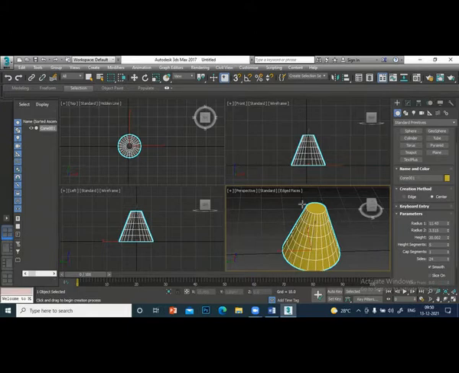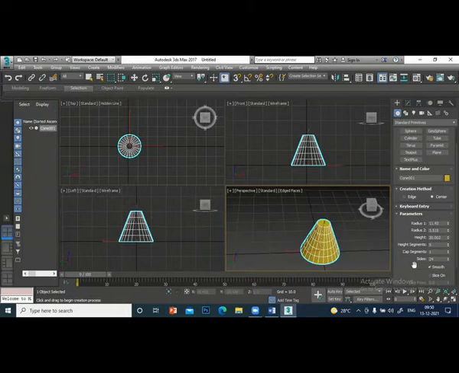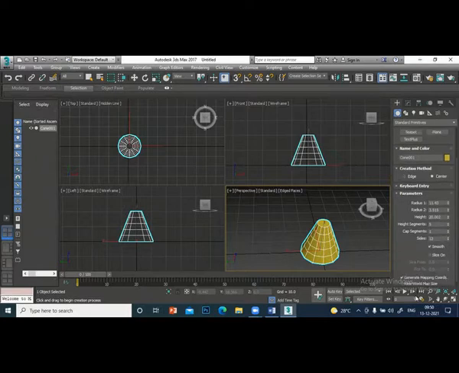And you can change the base number of sides. You see now when you reduce the number of sides, the object is entirely different. So you can adjust the number of sides and adjust the object. And here you can slice it. Suppose I slice this on, and I can slice this. You see, I can cut this object. Slice is on. Okay, so this is regarding the cone. Delete.